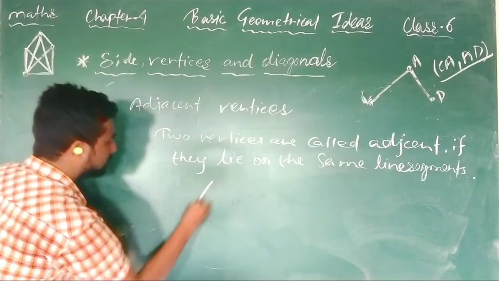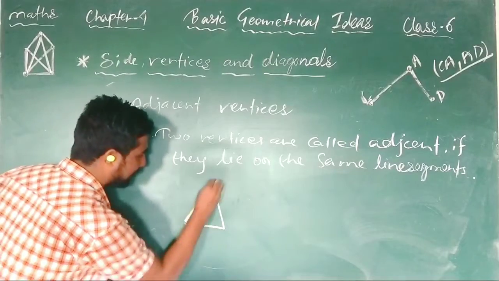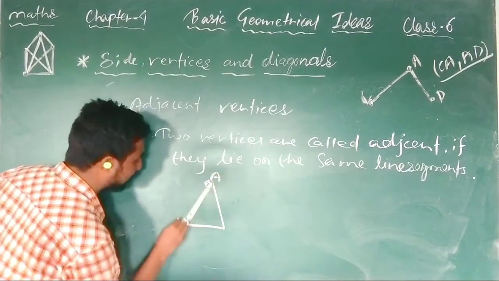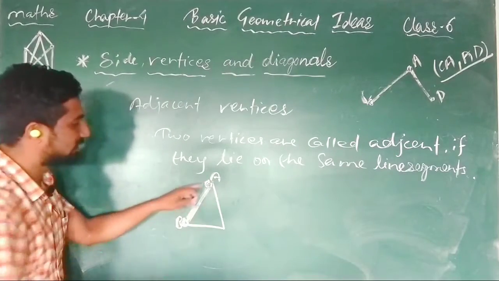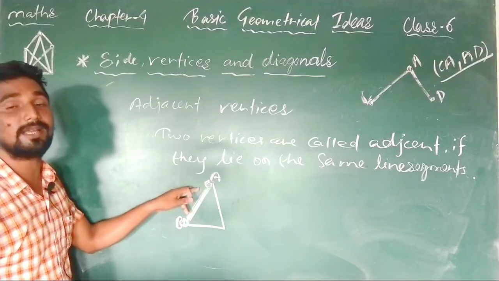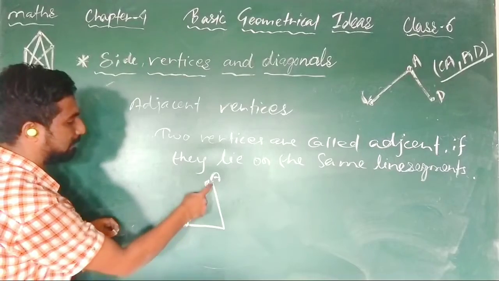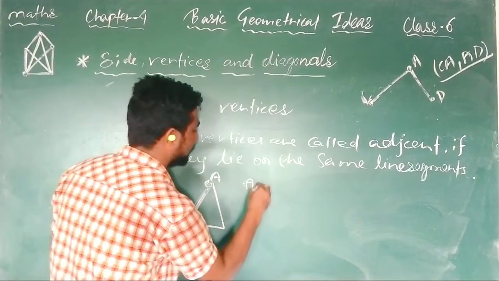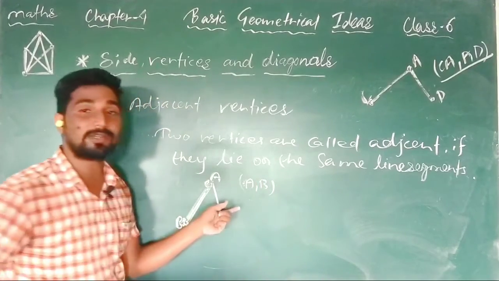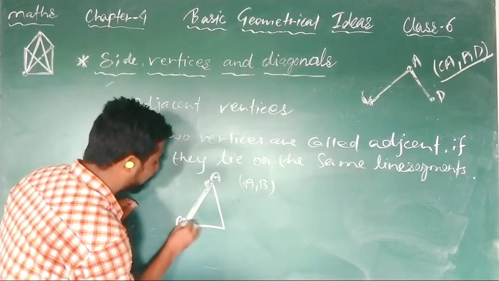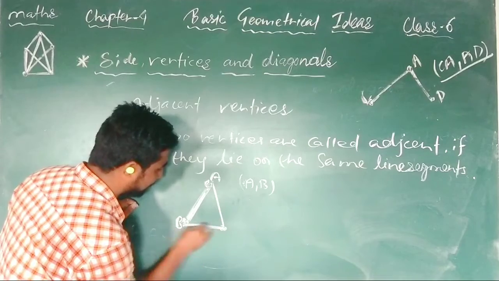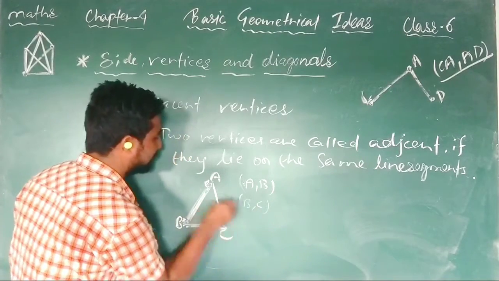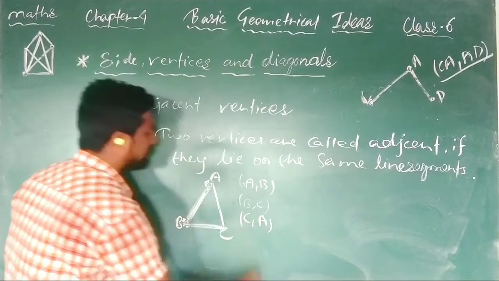You see, suppose this is a triangle and these are line segments. So you see these two points A and B. This AB is lying on the same line AB at both ends. You see A and B, and they are on the same line. So these two are called what? Adjacent vertices, A and B. Writing is important, you must pay attention. Now, sir, B and C point, yes, on this line BC. So B and C will be the adjacent vertices and here C and A will be the adjacent vertices.